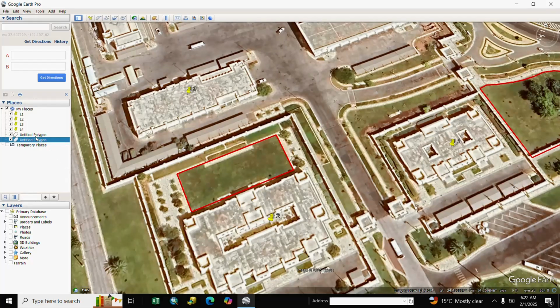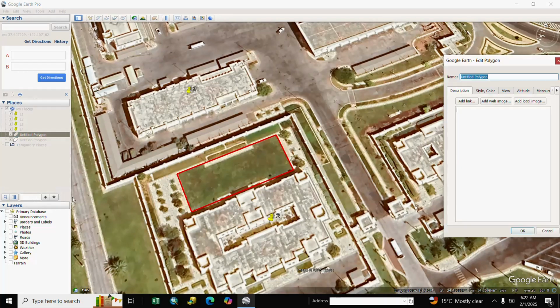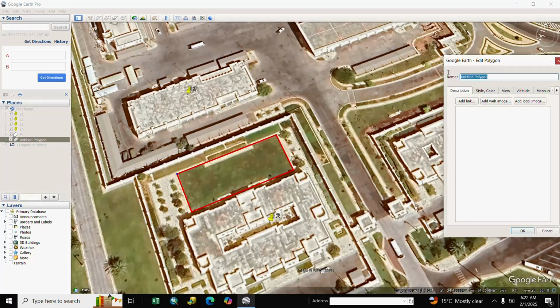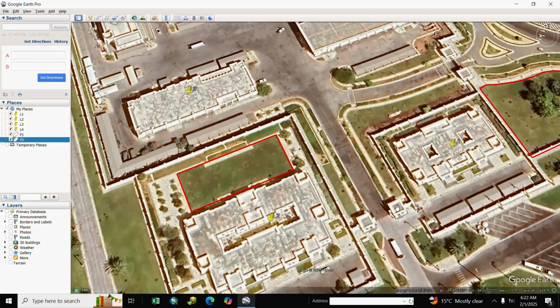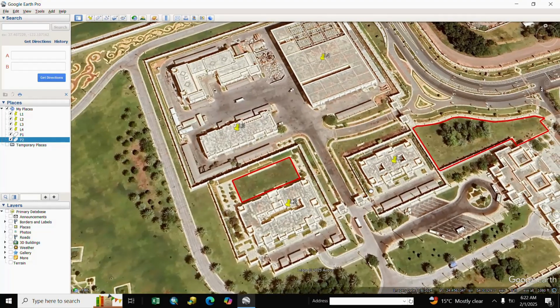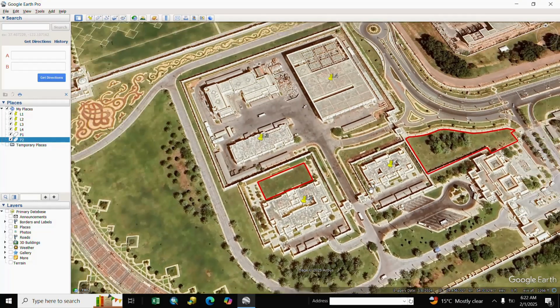If you want to change the name, you right click, go to properties, we write here P1, OK, and go to properties, P2, OK. Our two polygons are done and next we capture roads.